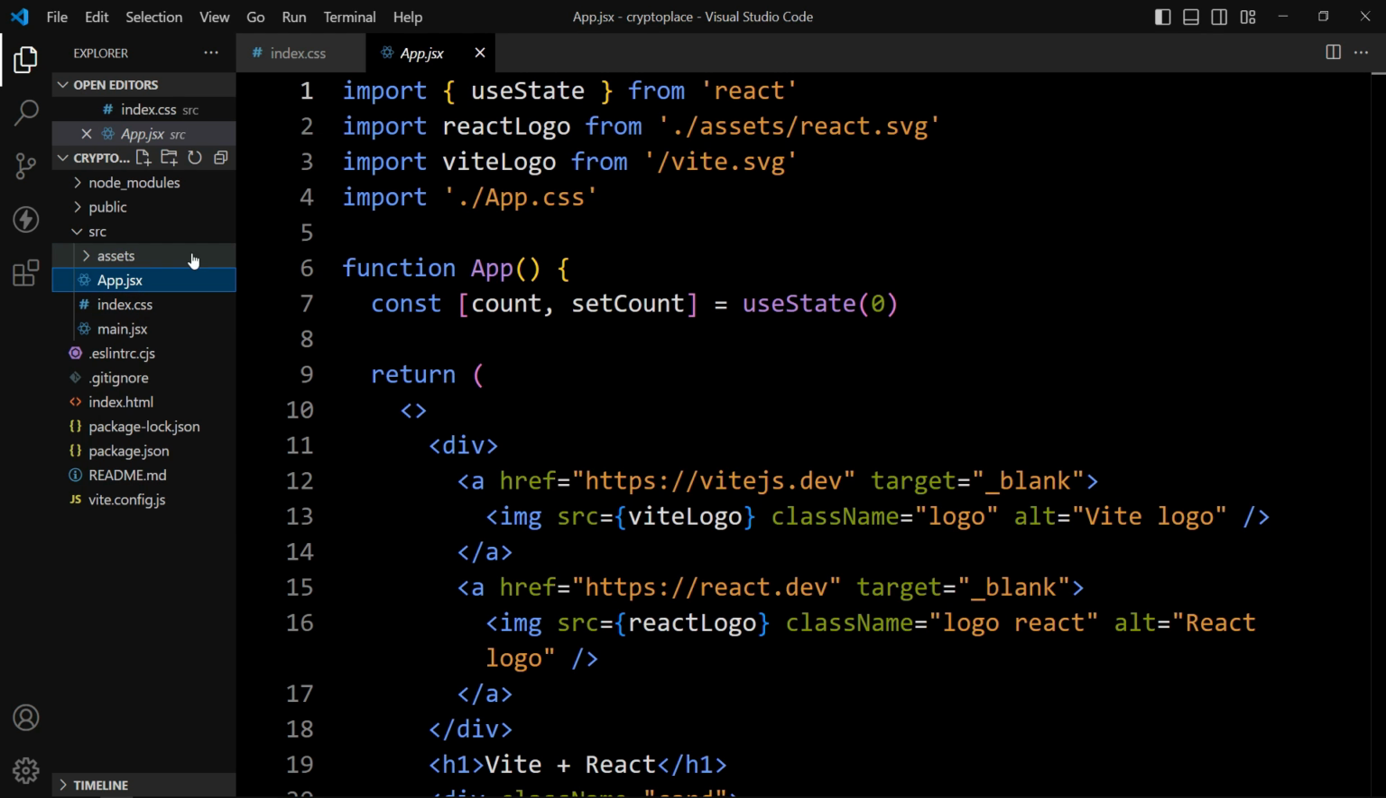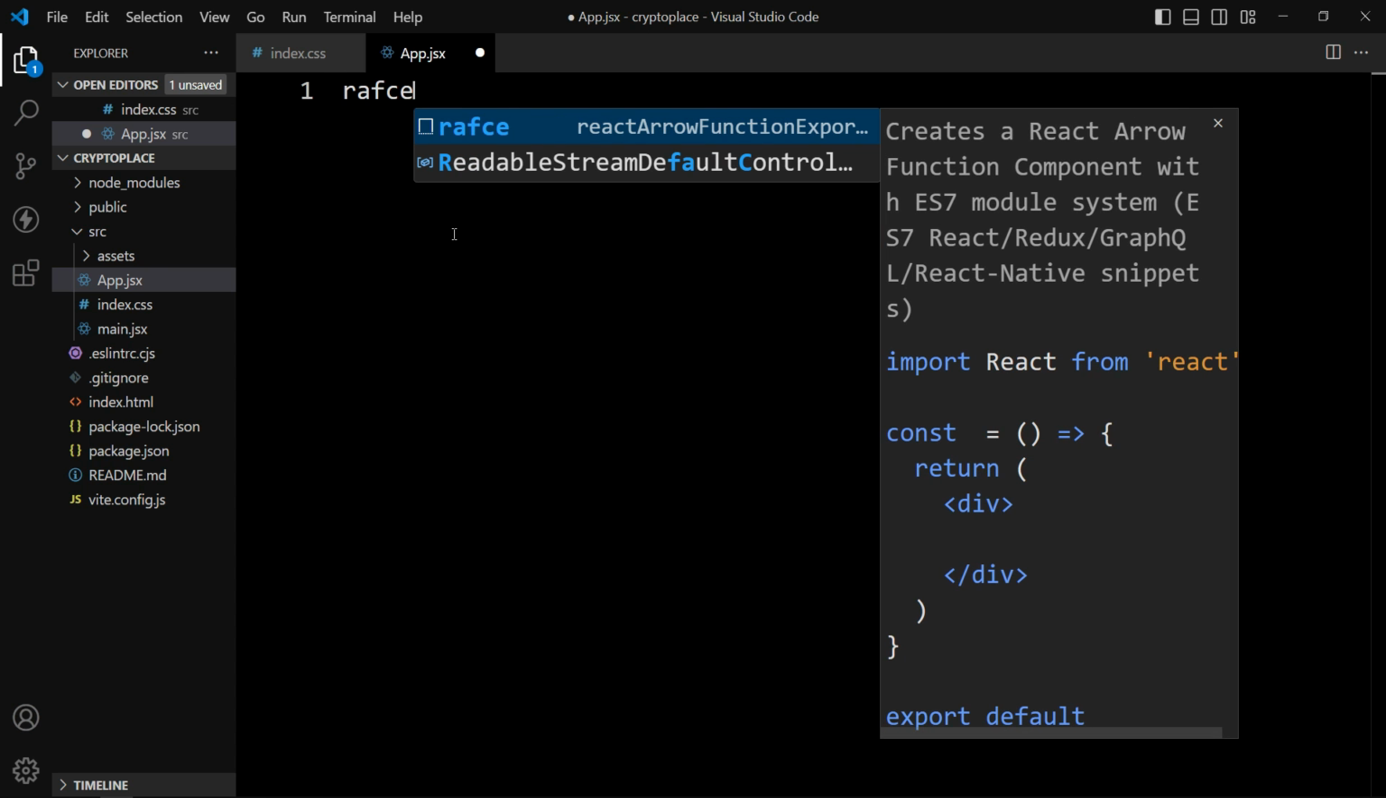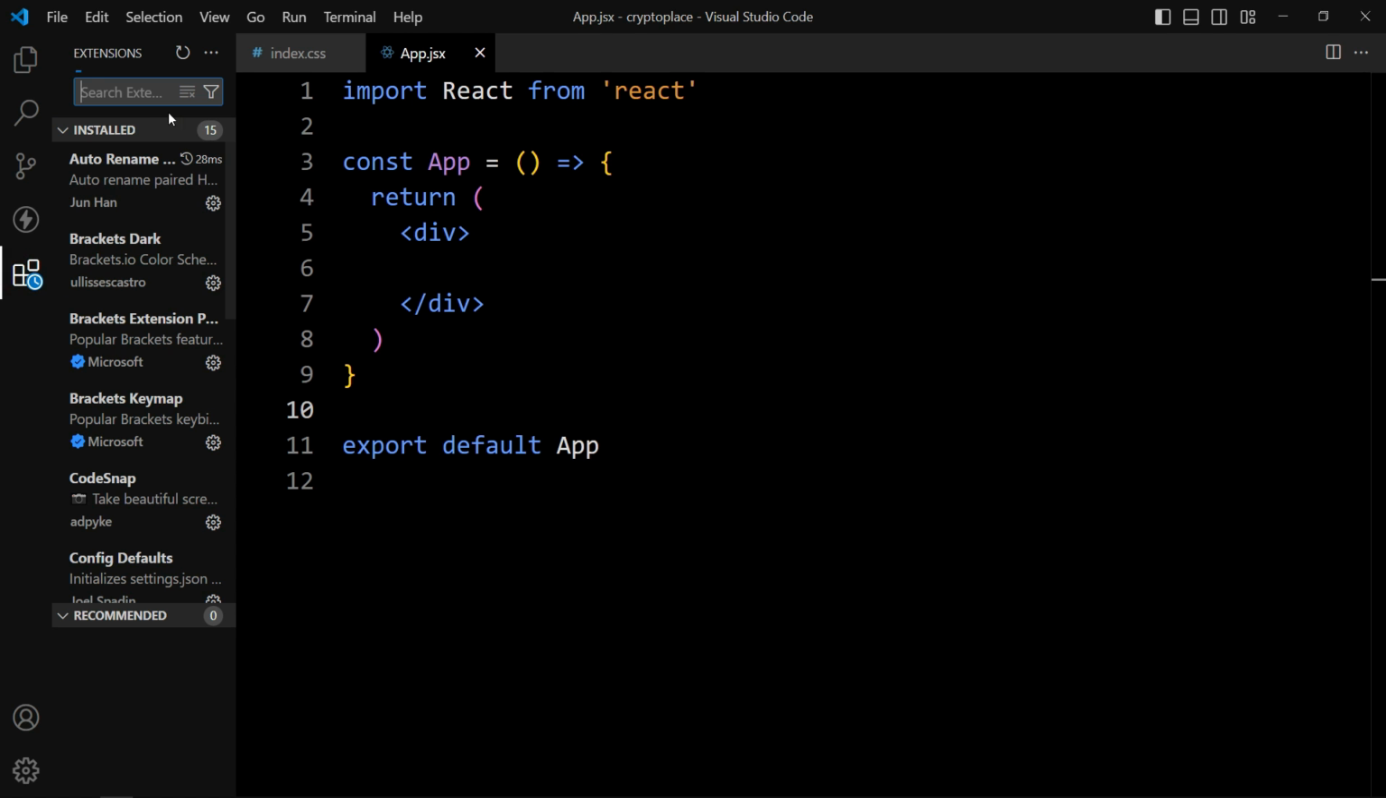app.jsx file, and here also we will clear all the code and we will type RAFCE and select this snippet. So it will create this functional component. Save the changes. If this RAFCE is not working for you, then you have to install one extension, which is